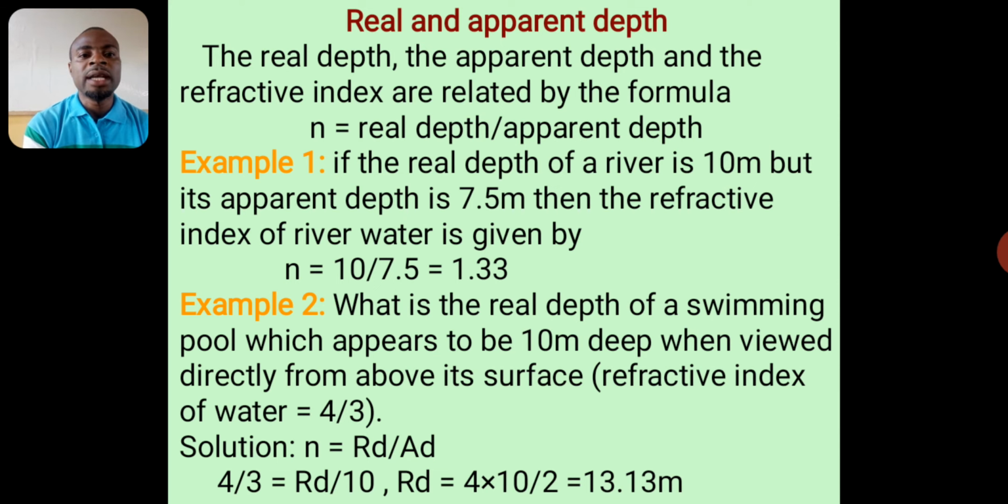Okay, let's take a second example. What is the real depth of a swimming pool which appears to be 10 meters deep when viewed directly from above its surface? In bracket, we have the refractive index of water to be 4/3. Using our formula again to get the solution to that question, we have that n is equal to real depth all over apparent depth. So we have 4/3 for our refractive index is equal to, we are looking for the real depth all over apparent depth is 10. If we cross multiply, we will now have that the value of our real depth is 4 times 10, 4 times 10 all over